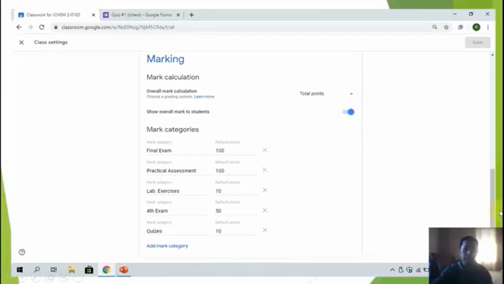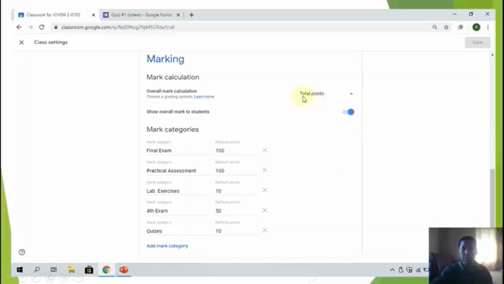So you can see this. So click add mark category, which I had shown you before, and then there is a blank line here. So you just type here, for example quizzes, type quizzes, and 10 items or 10 points here.